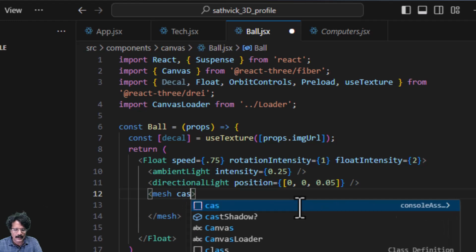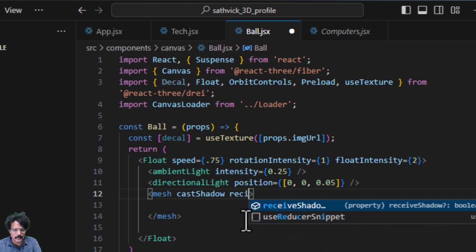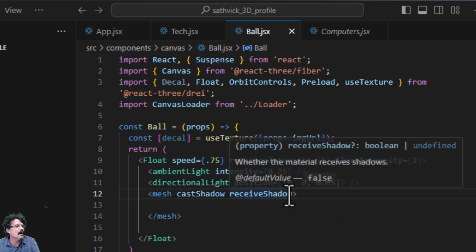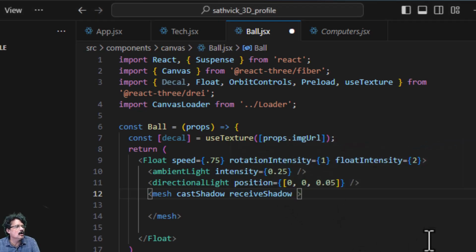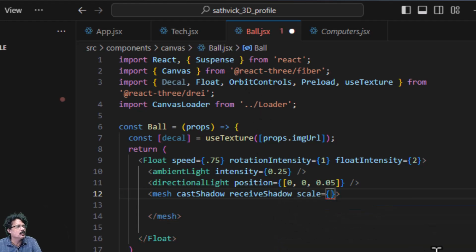First is castShadow, and then I am also going to call receiveShadow. After this receiveShadow, I am also going to add the scale property, and this will be equal to around